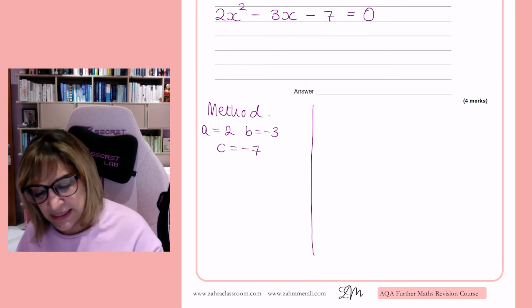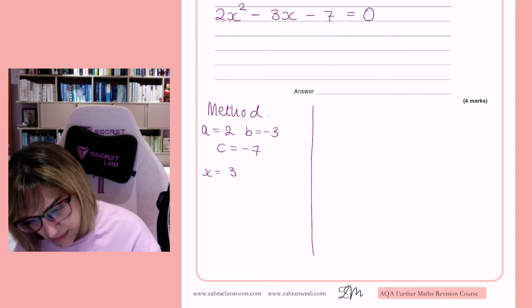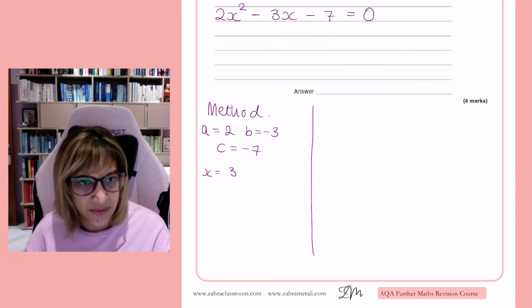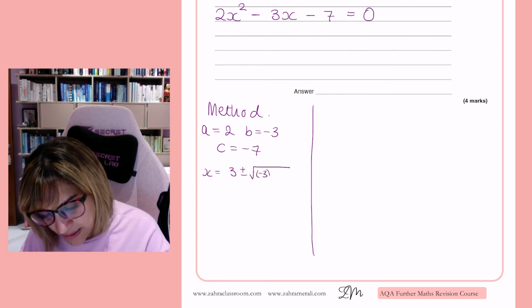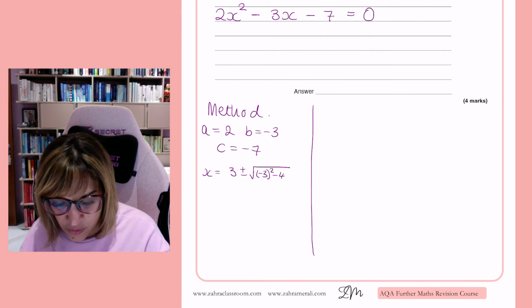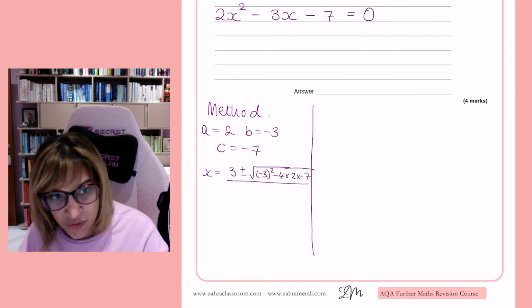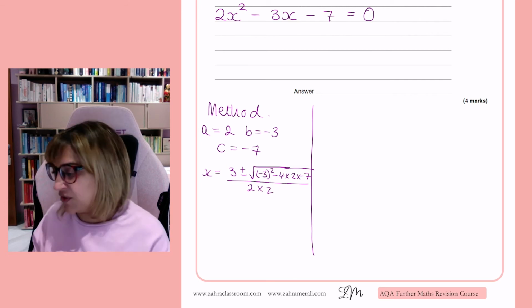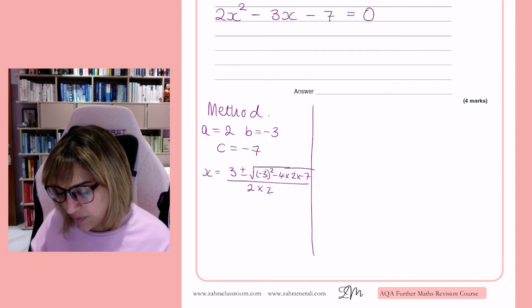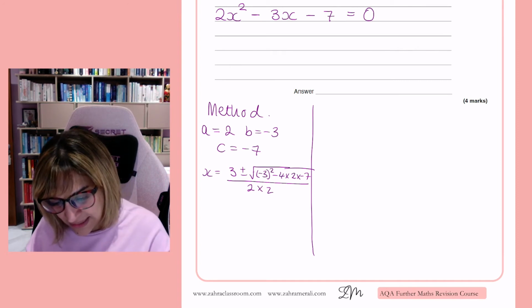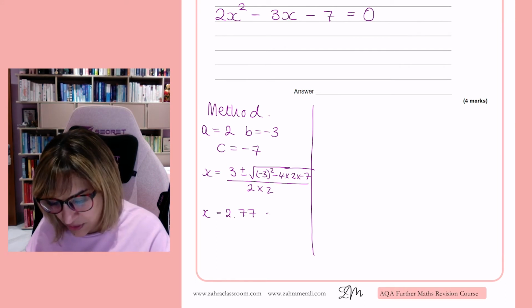And you know that x equals minus b plus or minus the square root of b squared minus 4 times 2 times minus 7, over 2 times 2, and then just read off your answer. So x equals 2.77 or